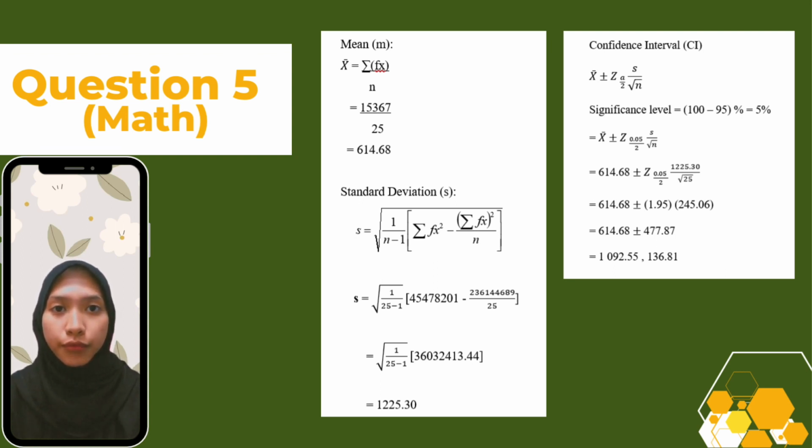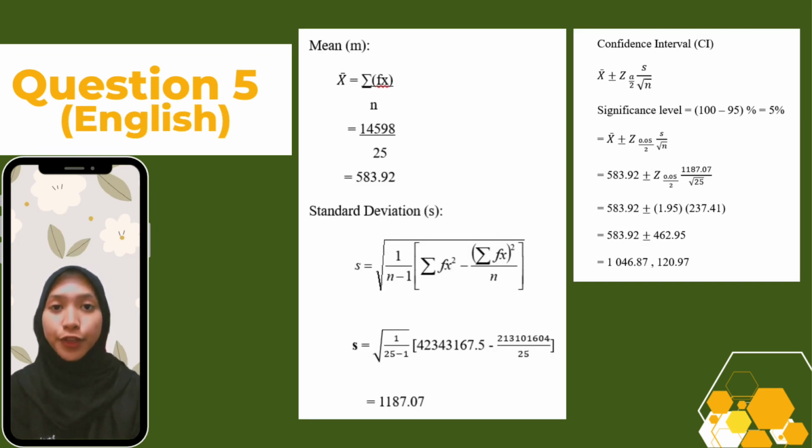2361 44689 divide by 25 close bracket then square root, and the answer will be 1225.30. The significance level for math scores is 5%. So, the confidence interval for this question are 1092.55 and 136.81. Then, for the English score, the mean is